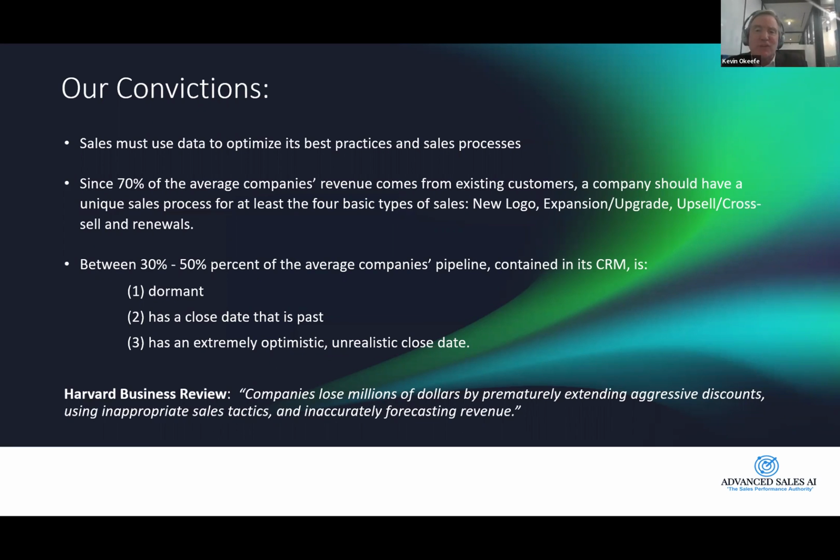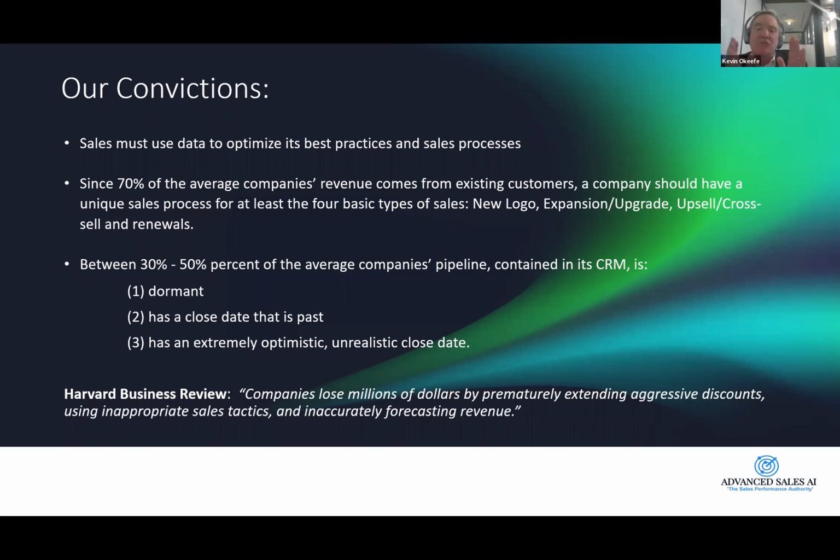So, and I've done it, we all do it. Give them 20% extra if they'll do the deal by December, and then we tell the client that the discount's going to go away. A discount never goes away. No, of course not. Once it's out on the table, you're going to live with it. And so the